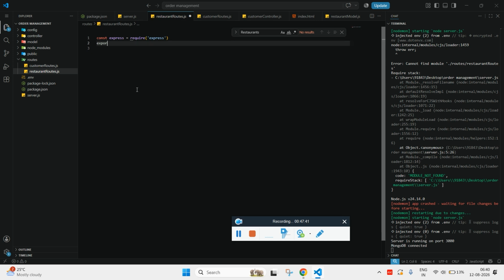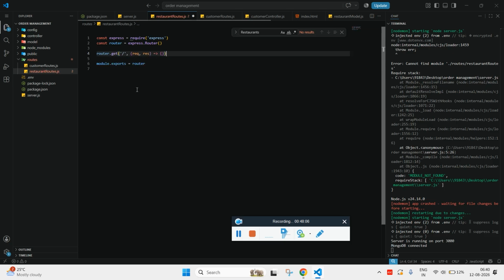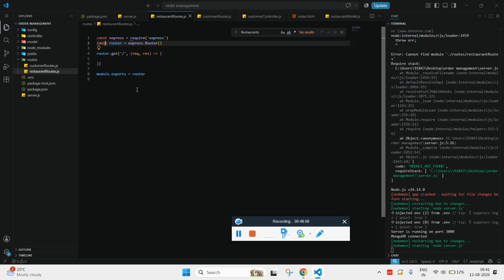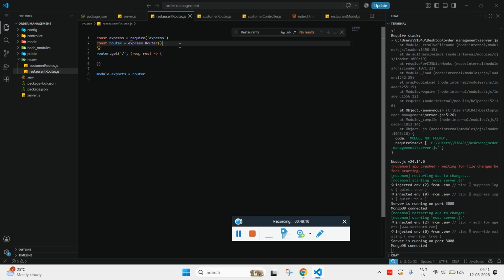Again, this Express has a router, and inside the router we need to export that: module.exports = router. Then we write a simple GET request, router.get. We need to create a controller so that this request can be sent to that controller,